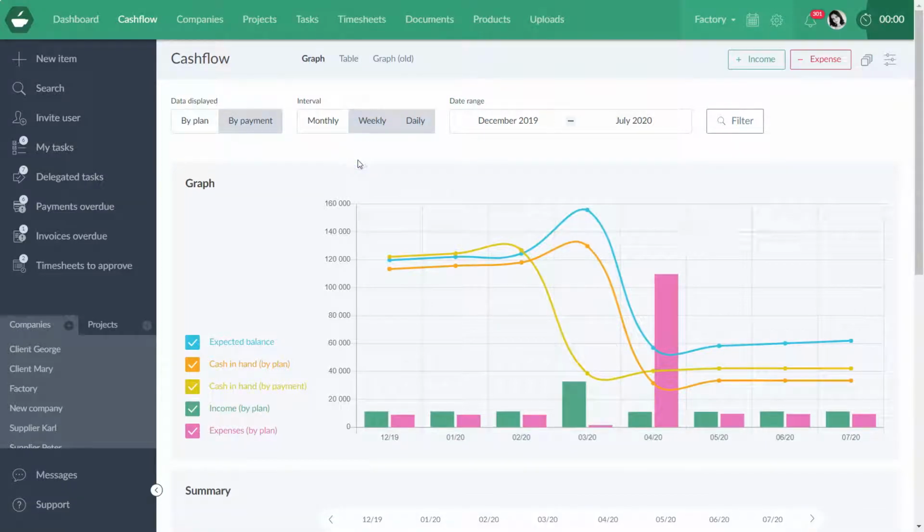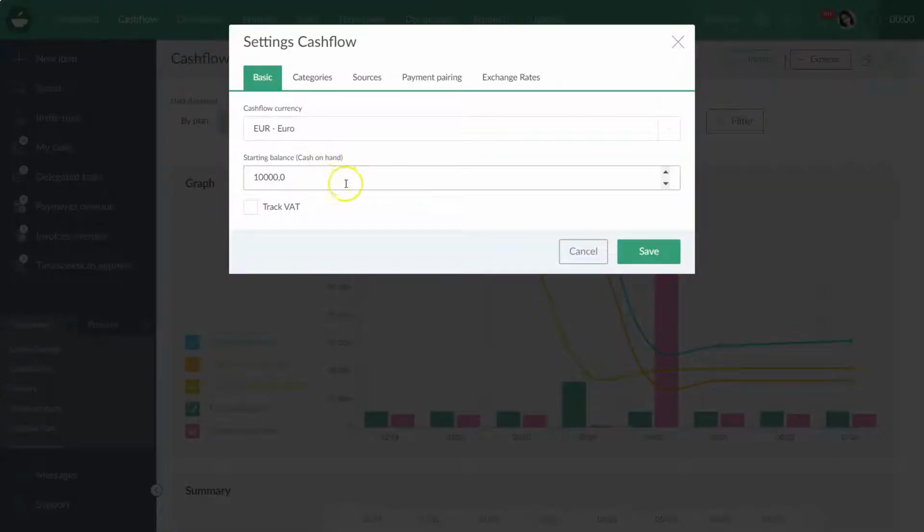Cashflow. Let's have a look at how to work with the cash flow in Caflou. Let's look at some settings, some of the basics. If you're starting with the cash flow in Caflou, you want to look into the settings, and you want to make sure that your